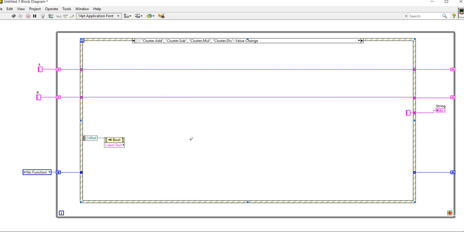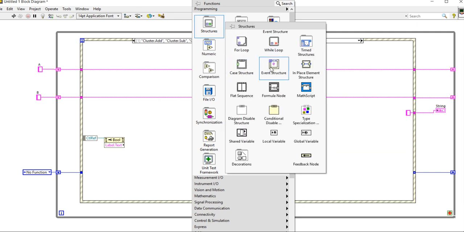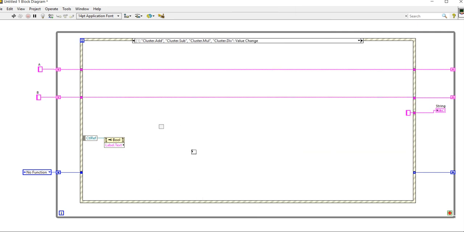Now right click here, take a case structure and place here. Make a connection like this.